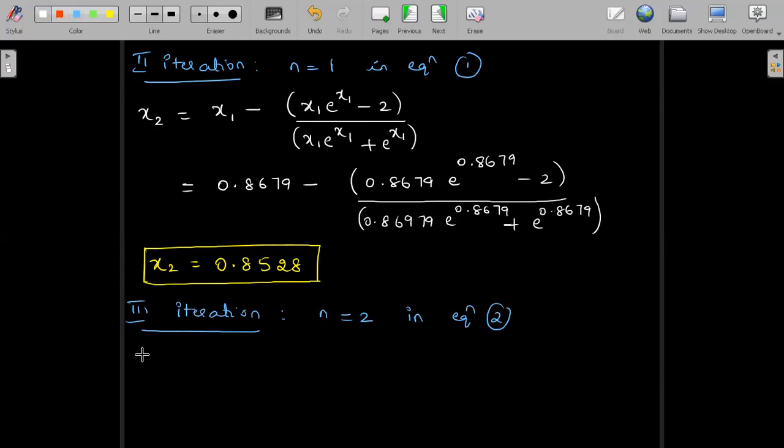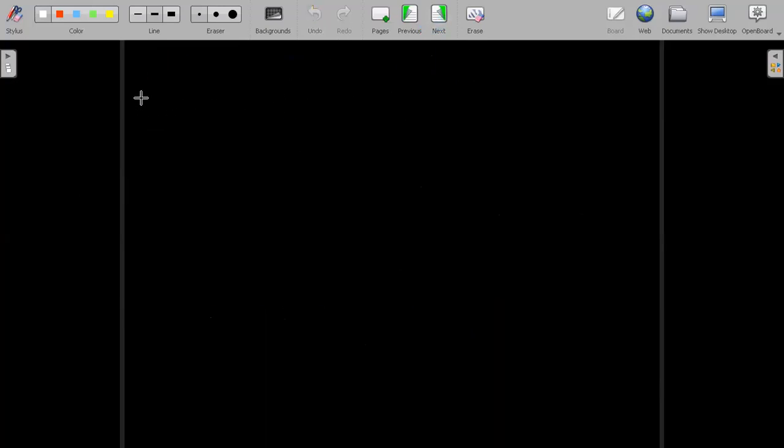So substituting n is equal to 2, we obtain x3 is equal to x2 minus (x2 e power x2 minus 2) divided by (x2 e power x2 plus e power x2). As I mentioned, you can avoid this step if you can directly substitute the x2 value and do. That's also well and good. So x3 is equal to